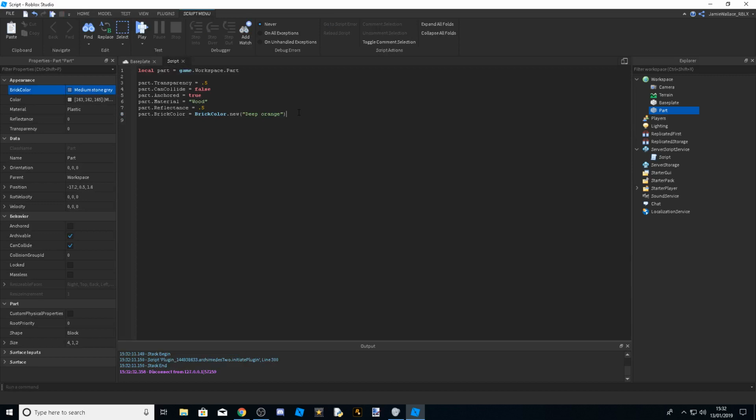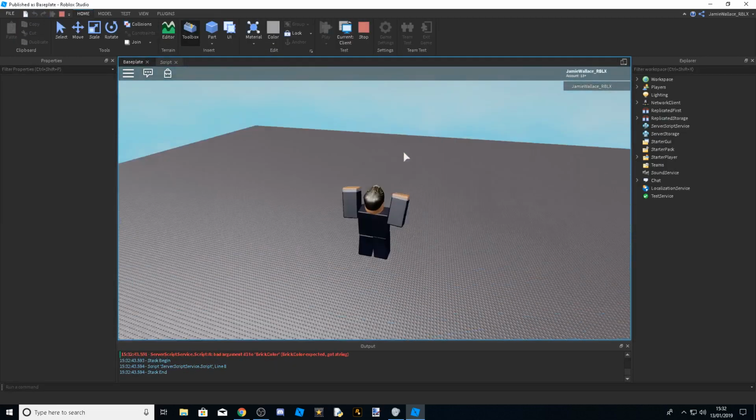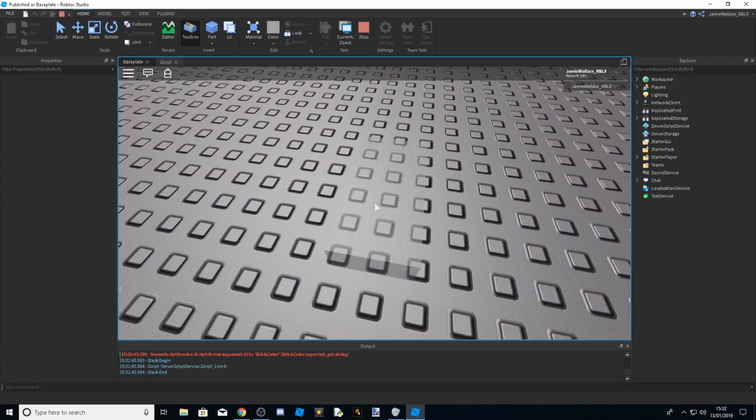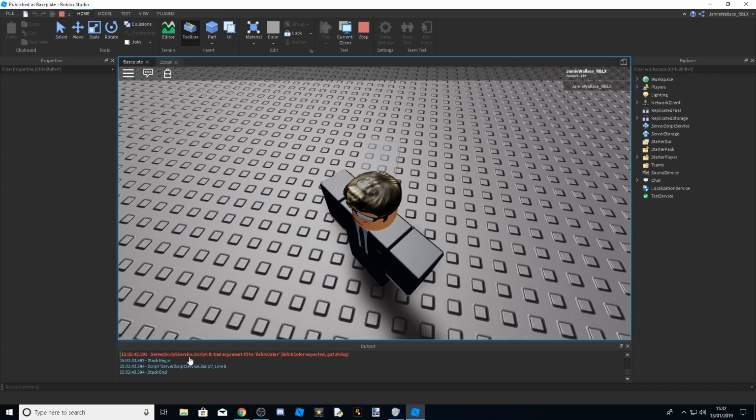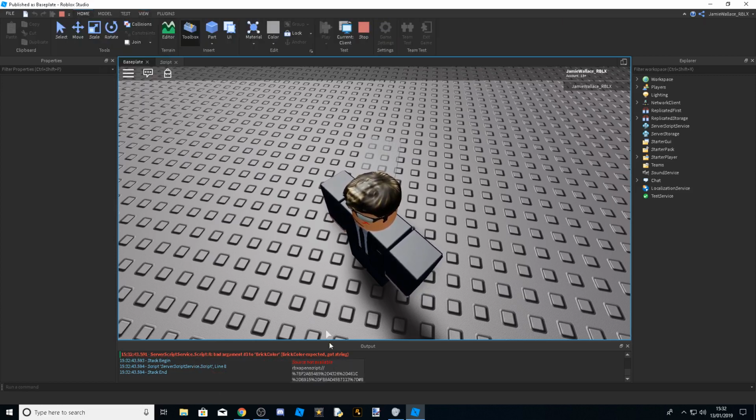So yeah, that's just how you change its color. Whereas if you were to just say brick color is equal to deep orange, if you run it on F5, you can see it doesn't work, because, well, let's do view. So you've got view and you've got output. If you hit output, you get this little box down here, which is the output, and it's saying server script service, which is here, and then it's saying script line 8, and it's saying brick color